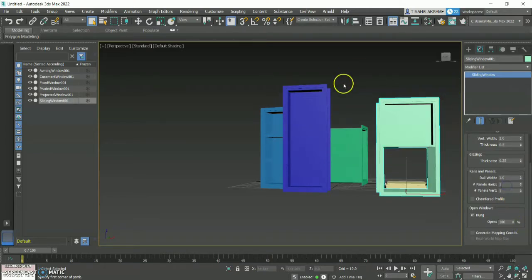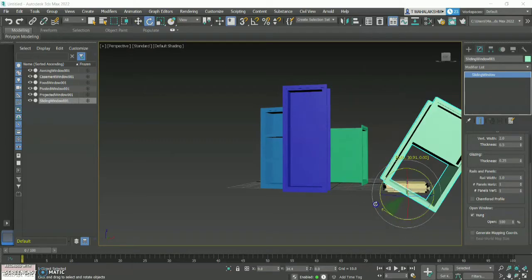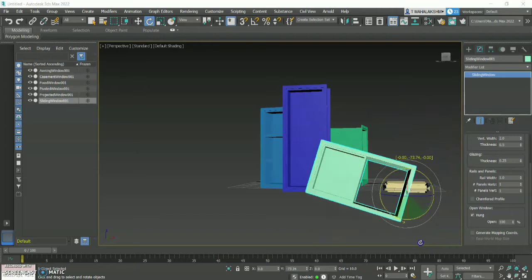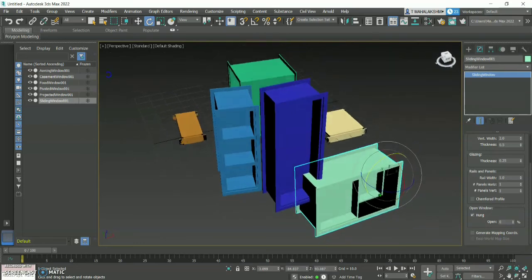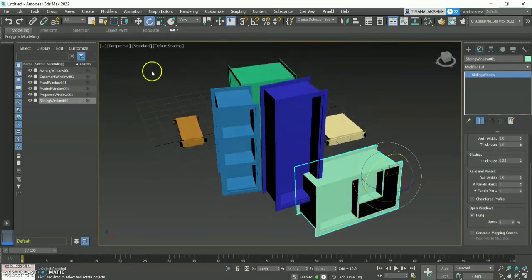And now what we can do is, as you can see, the window is getting opened and closed. We can also go for this rotation option and we can rotate however you want to place your sliding window, as in the exterior of your building or interior of your house. However you want the angle of your window to be, you can use this rotation option and then place it however you want, and you can go for the open option and keep it up to however much you want the sliding door to be opened. Now we are done with this option called windows.